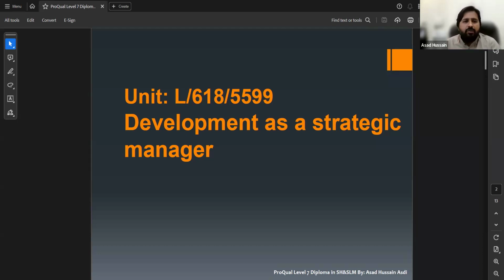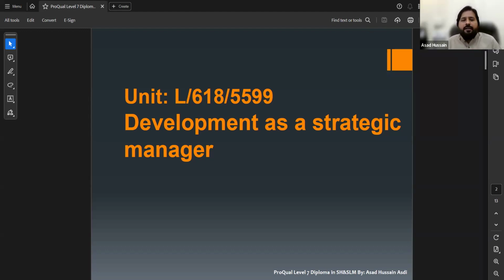So there are learning outcomes and assessment criteria. Unit 4 of ProQual Level 7 Diploma in Strategic Health and Safety, Leadership and Management has 5 learning outcomes and 13 assessment criteria.